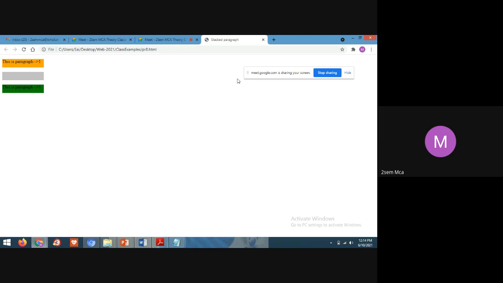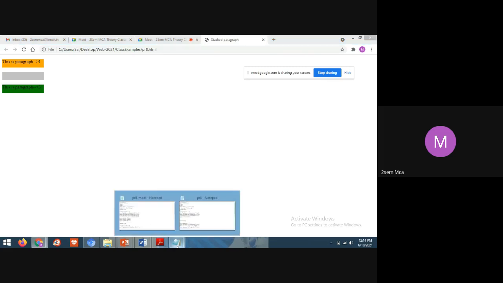Yes, students, what is happening? It is showing paragraph 3. See, I have refreshed and put the mouse cursor on paragraph 1. When I click on OK, then 2 and 3 should hide. But only 2 is hiding, 3 is not hiding.